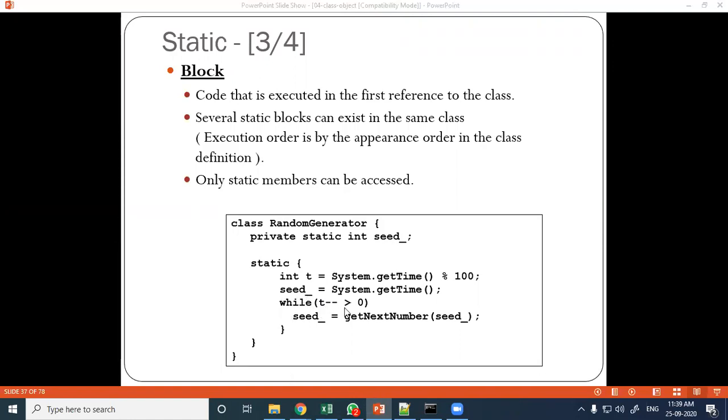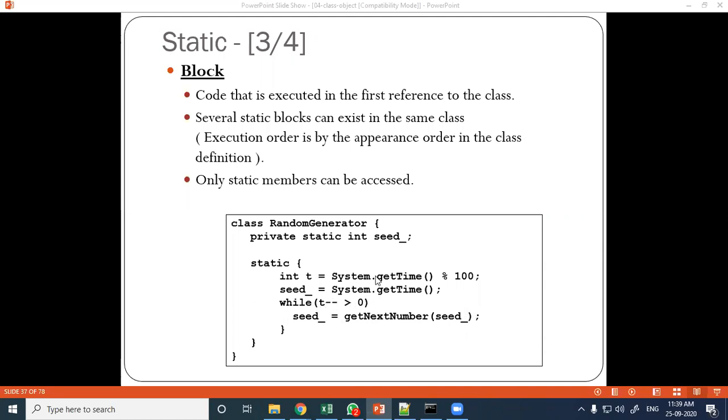Then while t-- is greater than or equal to 0, seed_ equals getNextNumber. So it just reads and finds a number, then that will be assigned to seed. So this is your static block, and here the loop will continue till t value is greater than 0.